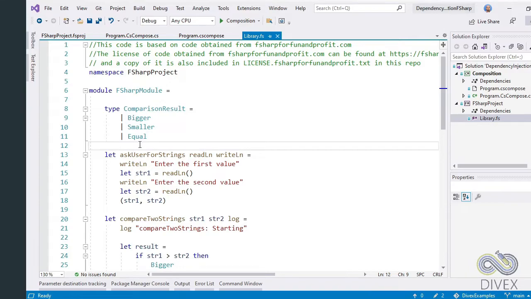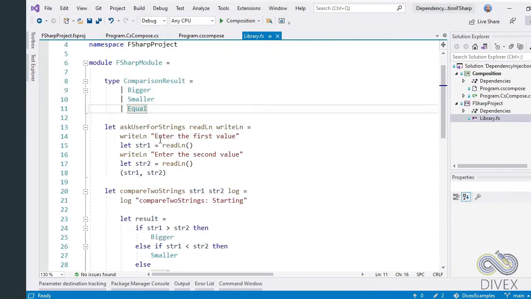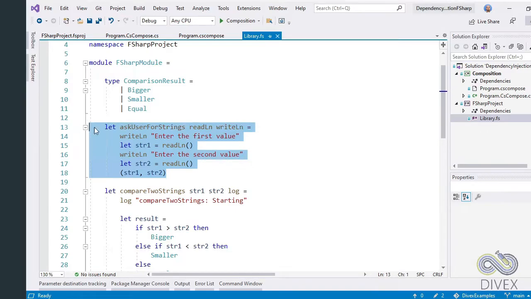So this example is about comparing two strings, right? So we ask the user to provide two strings, we compare them, and then we print the result to the console. Okay, so here I have a discriminated union, which is the result of comparison. So the result of comparison will be that the first string is bigger than the second, or it's smaller, or they are equal, right? Okay, so here I have a function ask user for strings, and here we are declaring